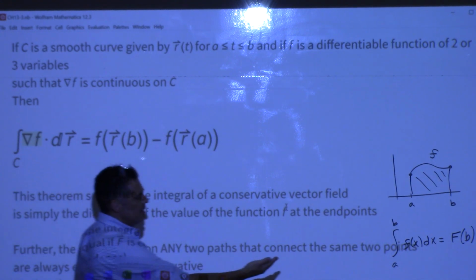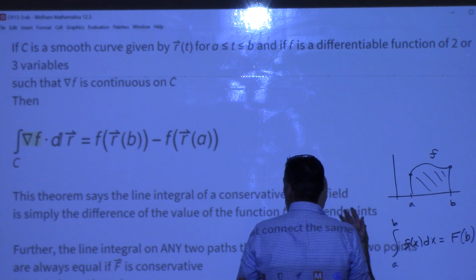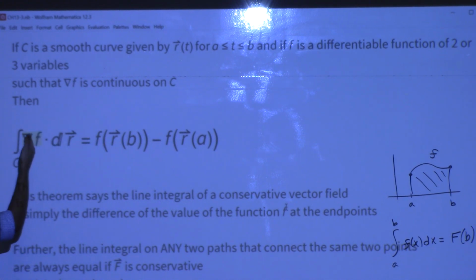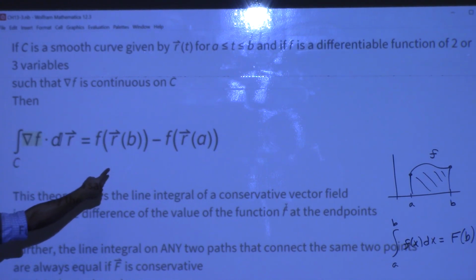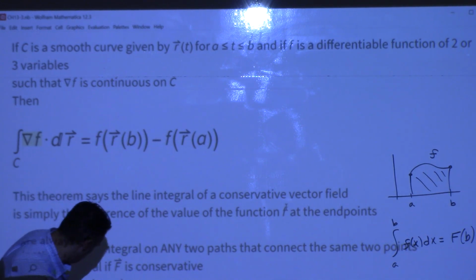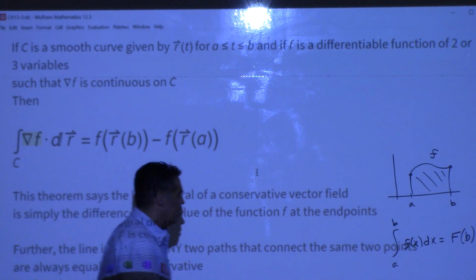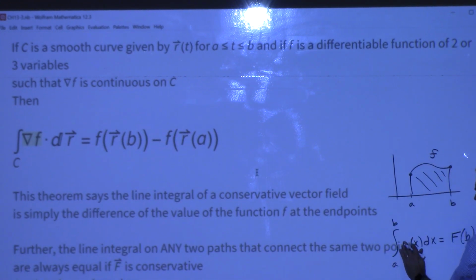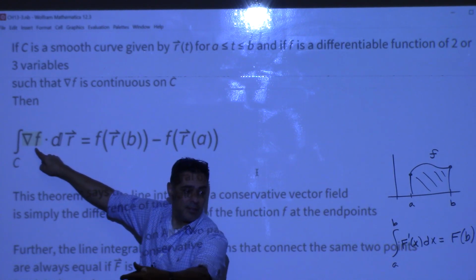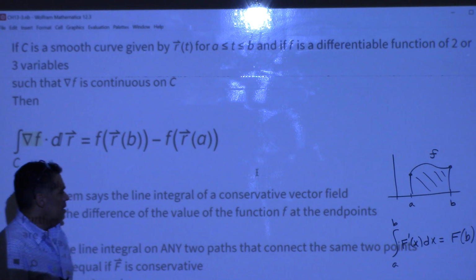So you see how here we have capital F and little f? For us, this is like the capital F, and then what would the derivative of that be? The gradient is the derivative of that f. So this is kind of like little f, capital F, because that's a gradient. I guess you could do it this way as well. Come back over here and replace this little f with capital F prime. Isn't that the same as little f? We're saying this is the derivative of that, right? So that's what's happening here. We have f here. That's the derivative of f. The gradient is the derivative. All right, so